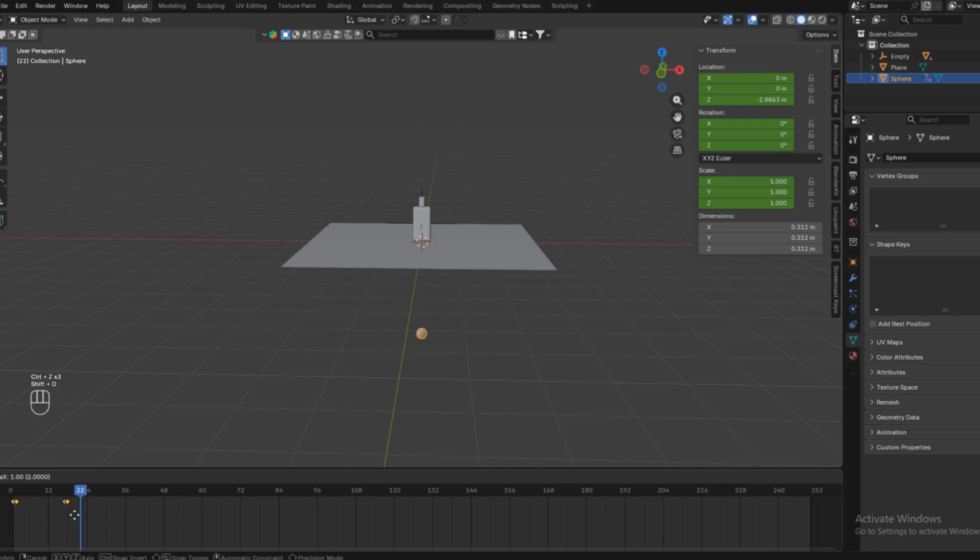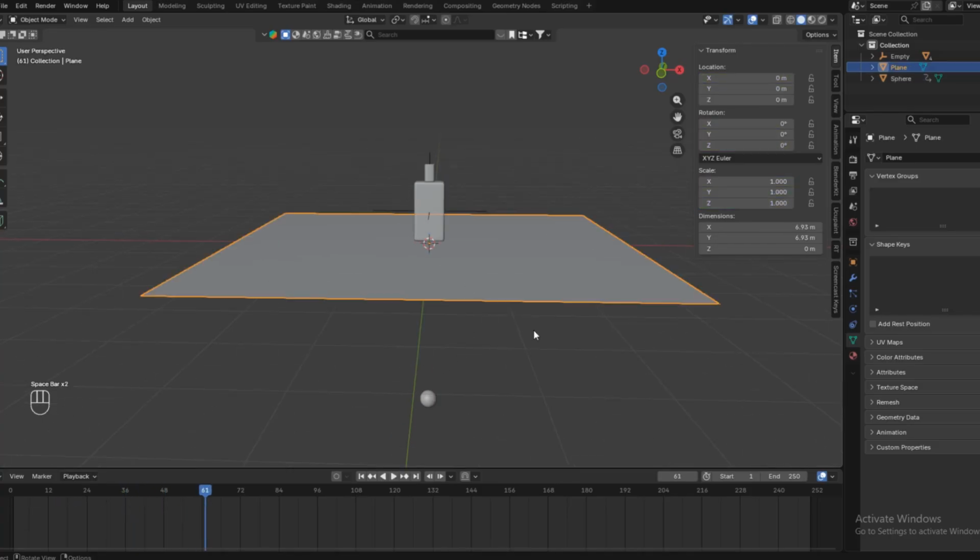We take a copy of that animation. Maybe another copy. So now it's playing out. Maybe we need to scale it all down. I think that will do. Now go to